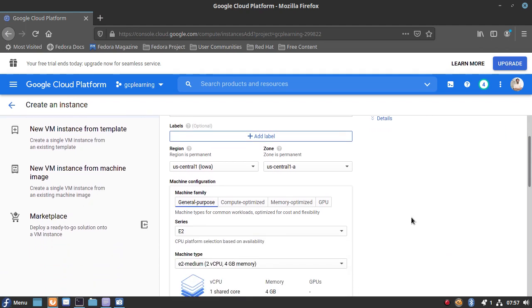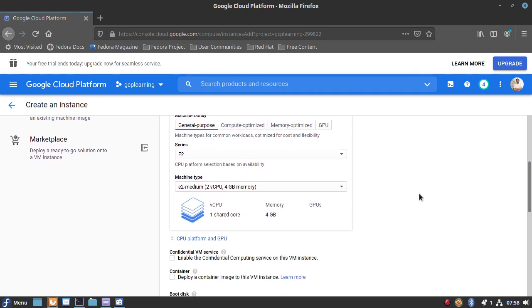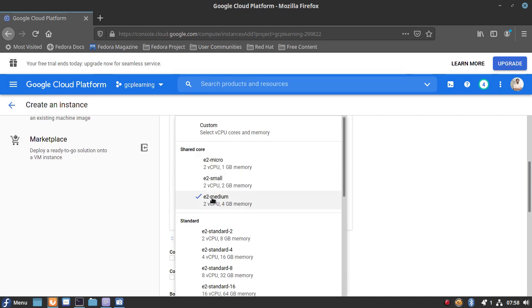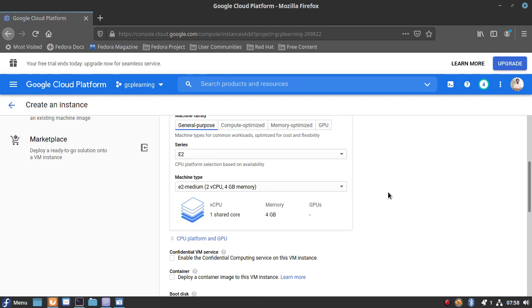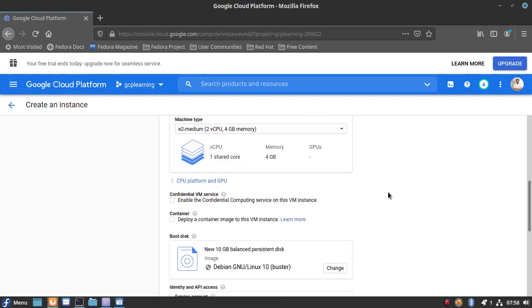Let me keep all the other things as default. So I am creating it in the US Central region, and the type of the machine is E2 medium with 2 virtual CPUs and 4 GB RAM.